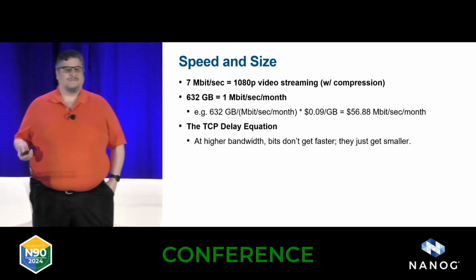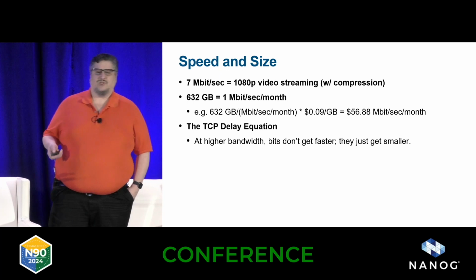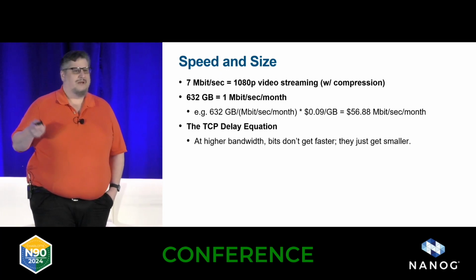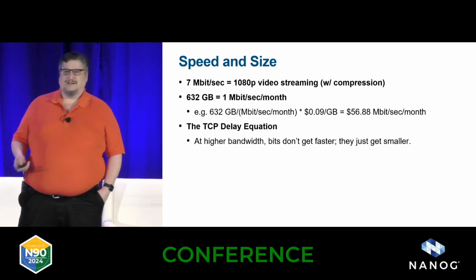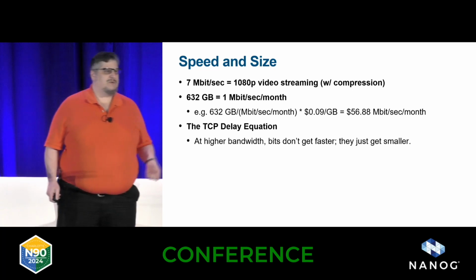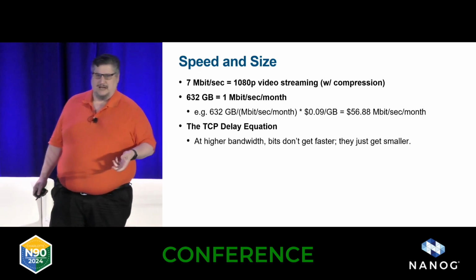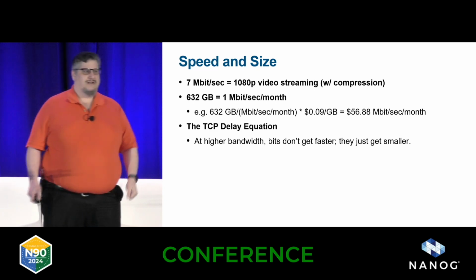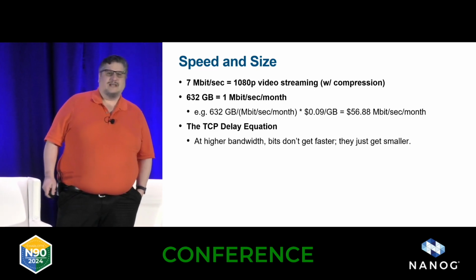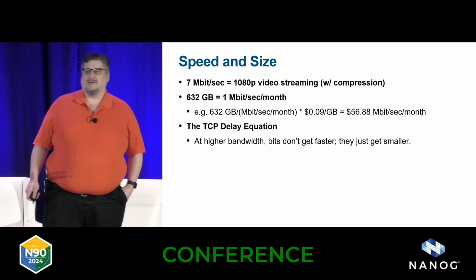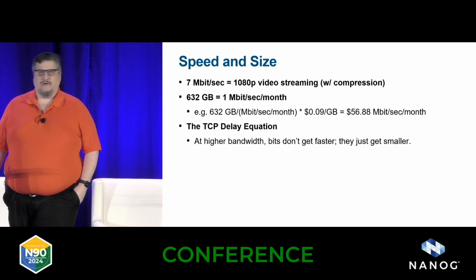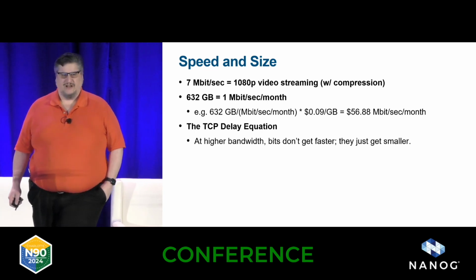Speed and size. How fast do things go? Where do they go? One thing at the previous company, I dealt a lot with streaming video. And that meant that the coin of the realm, especially for major sporting events, was 1080p, 1080 lines, progressive scan, TV. That is compressed to roughly 7 megabits per second with a little bit of a margin for safety. And you need that in order to keep a coherent stream without buffering and keeping faster than download.